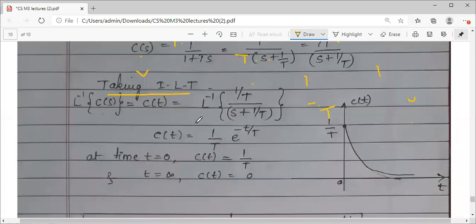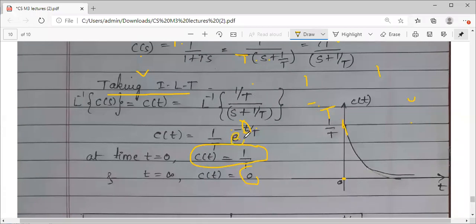Now, just for analysis, to draw the graph, substitute time t equals to 0. Okay, I should start from t equals to 0. So taking t equals to 0, what you will get? 1 by t. Output as 1 by t. Take t as infinity, e raised to infinity is 0, so output is 0. That means when you start the signal at time instant t equals to 0,